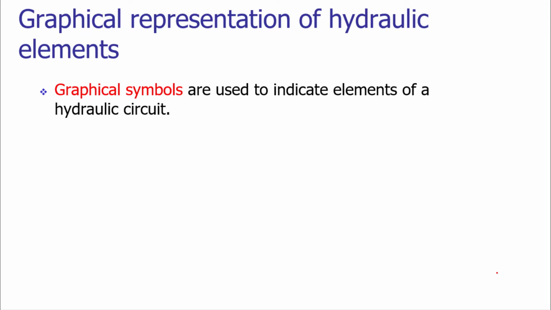So when we design a hydraulic system, we have to first select the appropriate elements, then we have to assemble them together. During the process of selection and assembly, we have to communicate the hydraulic circuits which are designed by the designer to the process planner or the purchase engineer. It is also to be communicated to the shop floor engineers, those who are doing the actual assembly operation. In this process, there is a lot of communication to be carried out.